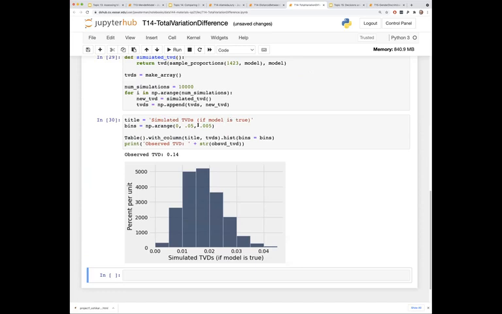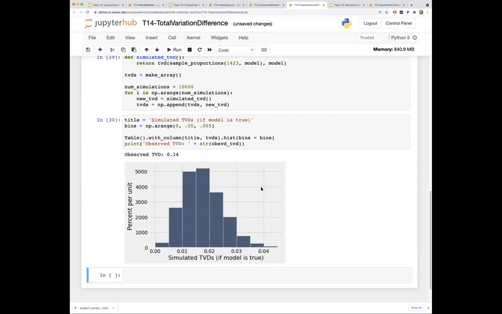Here we're just setting up our histogram. We're setting up the bins for our histogram, and then we've taken our column of experimental simulated statistics and turned them into a table. Okay,